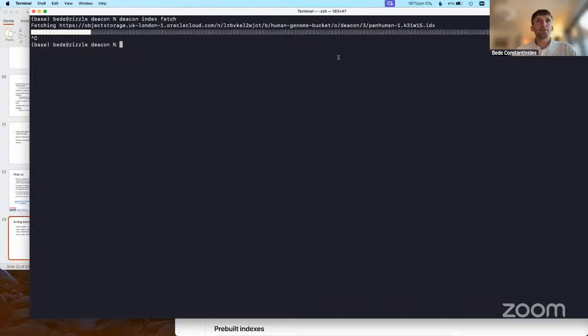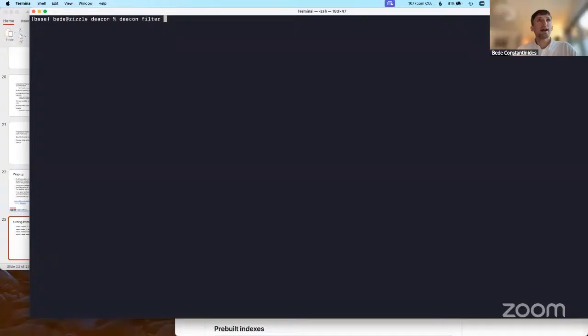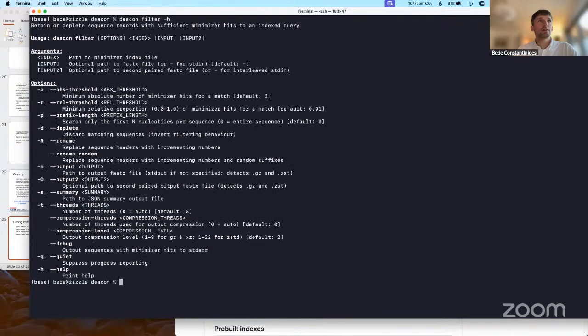To use Deacon, the main command is called deacon filter. I'm going to show the help here with -h to show you all the options. Essentially you write deacon filter, then provide any options, then the path to your index, which is the thing that was just being downloaded.